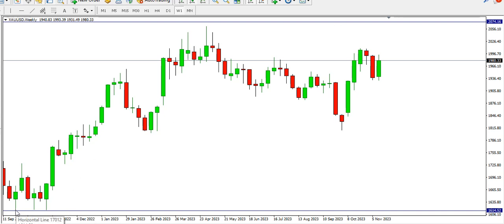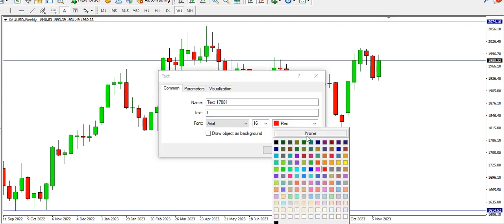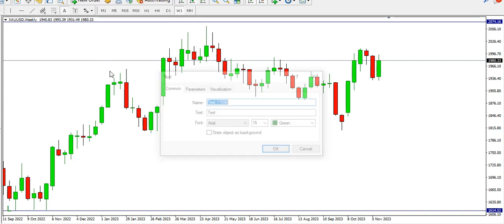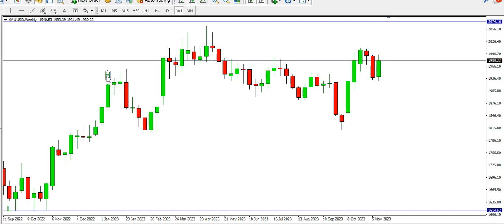We have a low around here on the weekly time frame. We normally start with a low on the weekly time frame. Let's mark it as green. This particular low on the weekly time frame. Then we have the high around here on the weekly time frame, indicating that we have a structure here, we have